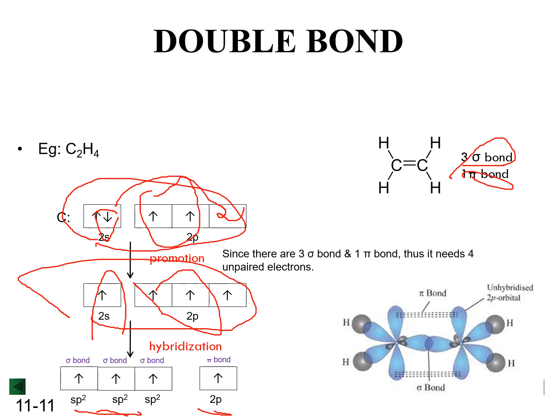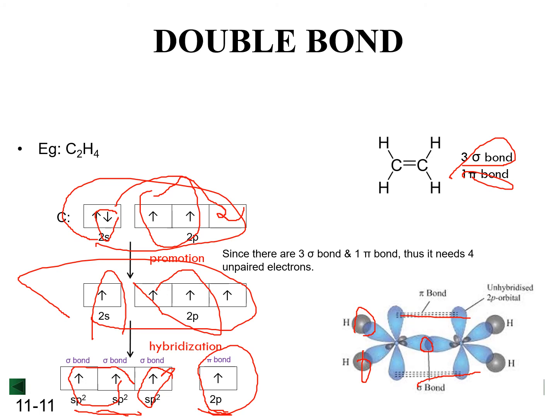So 2 sp2 hybrid orbitals will overlap with 1 s orbital of hydrogen, forming 2 sigma bonds, and 1 sp2 hybrid orbital of C will overlap end to end with another sp2 hybrid orbital of C, forming a sigma bond, and this unhybridized p orbital of C will overlap side by side with another unhybridized p orbital of C, forming a pi